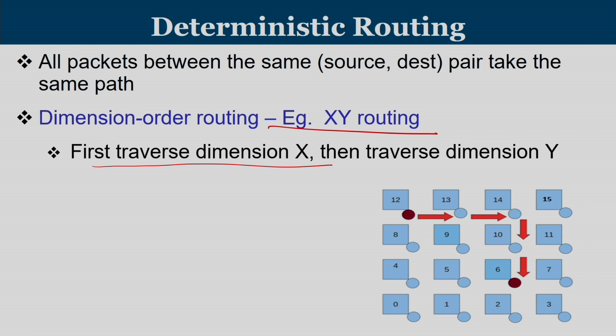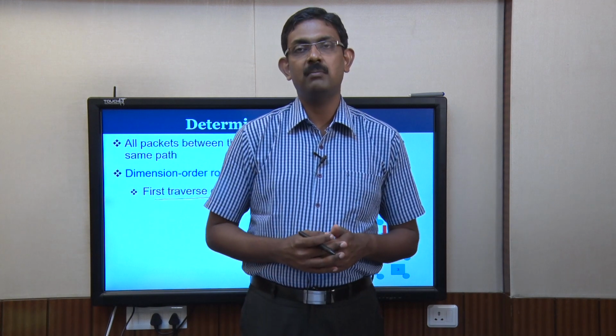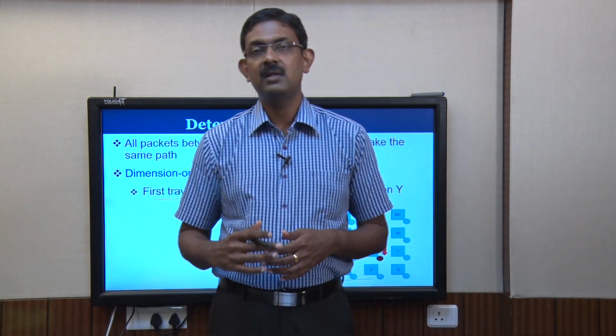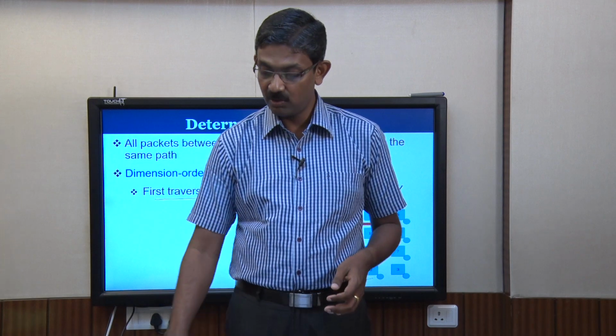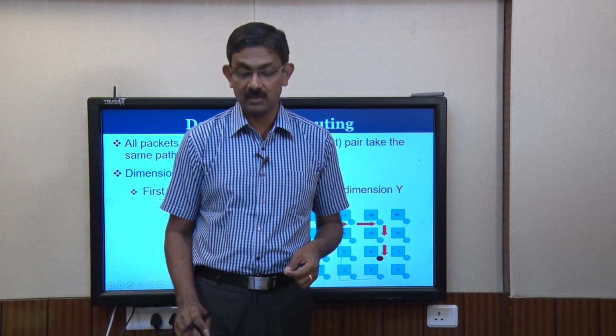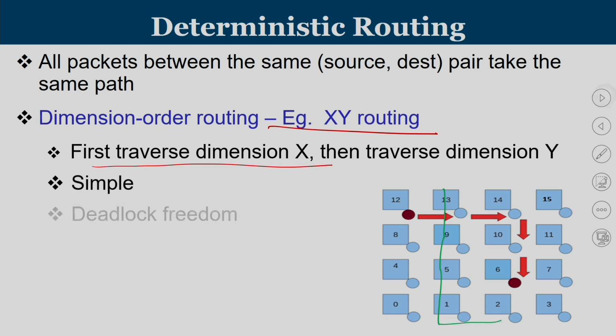Then how will a packet move from 2 to 13 as per XY routing? You travel along X: 2 to 1, 1 to 5, 5 to 9 and 9 to 13. That is the way the packet is moving. This is the simplest routing, very easy. The current router checks the destination of the incoming packet, X coordinates are compared, Y coordinates are compared, and then you decide whether it should be an east or west turn or a north or south turn. But in all cases, a packet can have at most one 90-degree turn in its entire travel from the source to destination. This is a very simple algorithm.